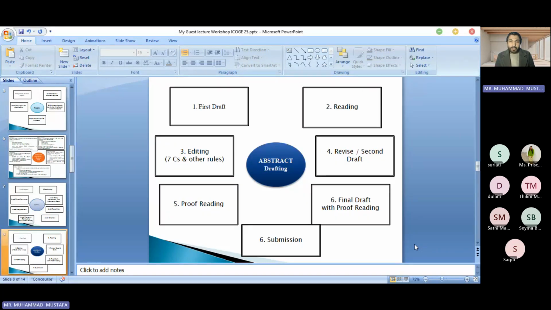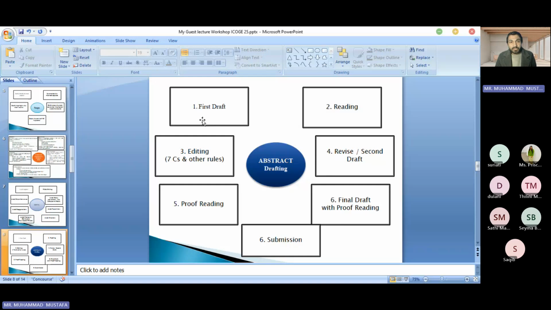So when we write or craft our abstract, we need to follow some specific rules of drafting. Basically, very simple steps, but we don't follow them. Mostly, the researchers ignore it, but someone should follow the drafting rules. Like first of all,